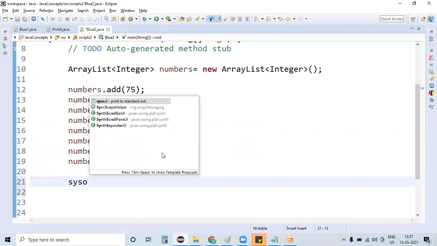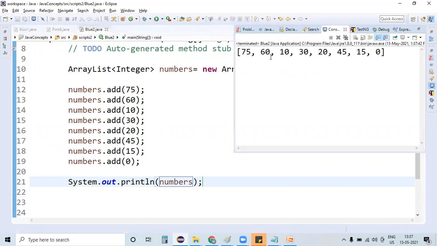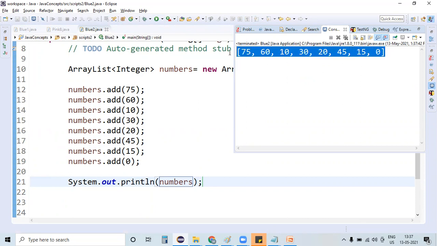To cross-check, I'm printing these numbers once. They print as 75, 60, 10, 30, 20, 45, 15, 0. There is no proper insertion order, so the numbers are not in ascending or descending order. It's a completely different order.